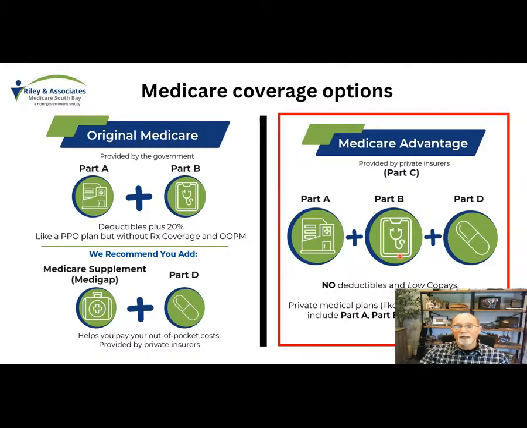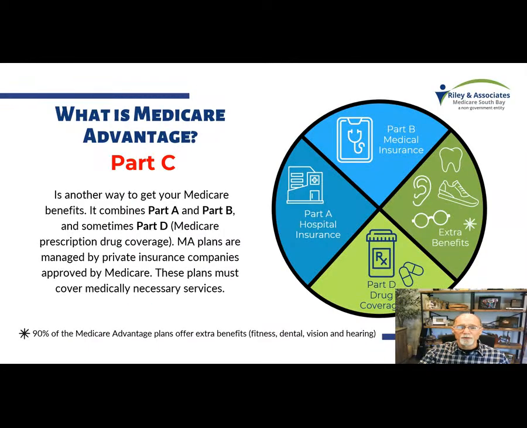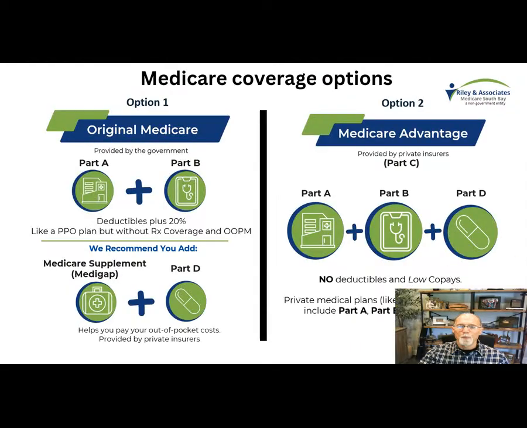And you get a lot of bang for your buck here. We've got one of the best HMO networks in the country. So you've got a lot of choices here in Southern California, and they give you a lot of extras as well. So here are some of the extras. It's going to cover Part A and Part B plus your drugs. And then it's also going to include dental, vision, hearing, and gym membership.